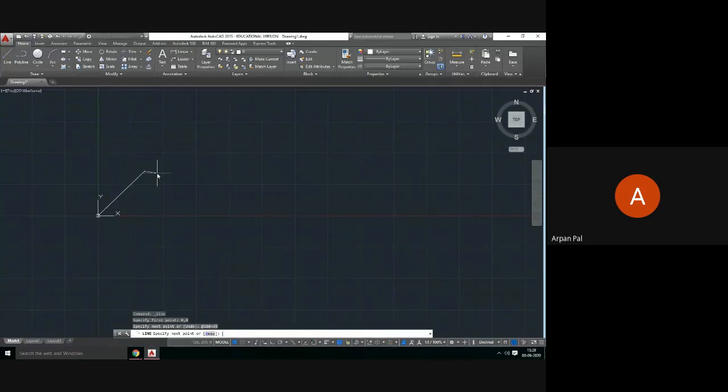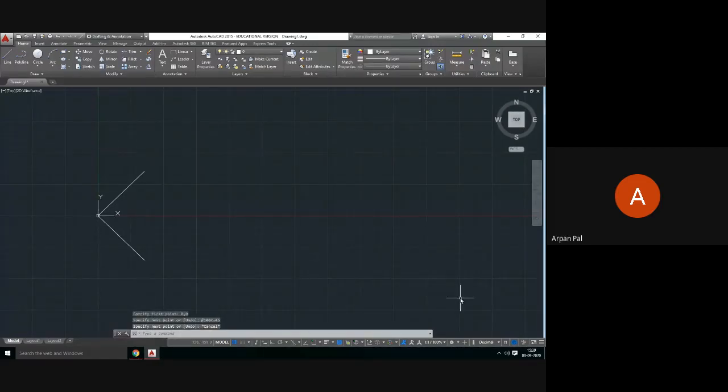Enter. See what happens. At a 45-degree angle, a line has been made. What will happen if, instead of 45, you give -45? What do you think? Enter.